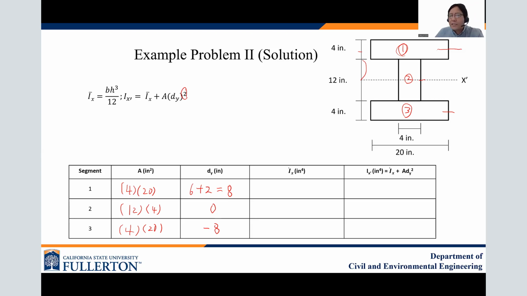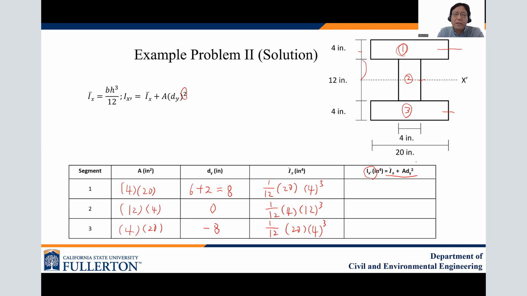And then the Ix value of the individual segment, that one is also 1 over 12 b h cubed, right? B is 20 and h is 4 cubed. And then 1 over 12, b is 4, and h is 12 cubed. And then this one is the same, 1 over 12, 20 times 4 cubed. And then the next step is to find the related moment of inertia about x prime